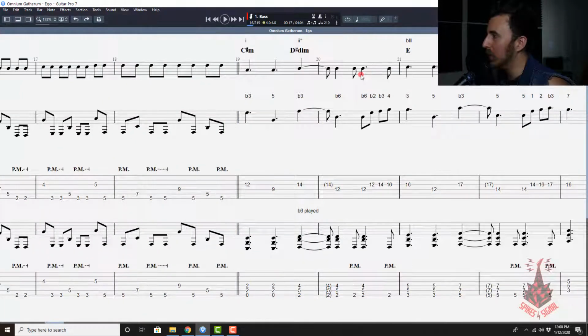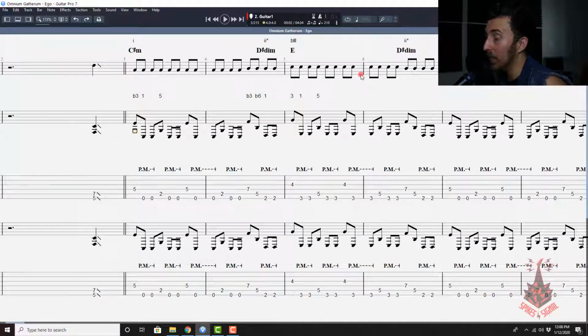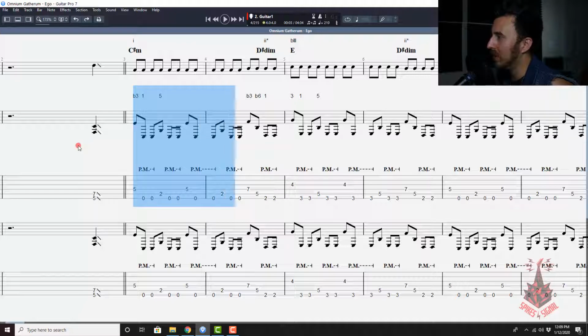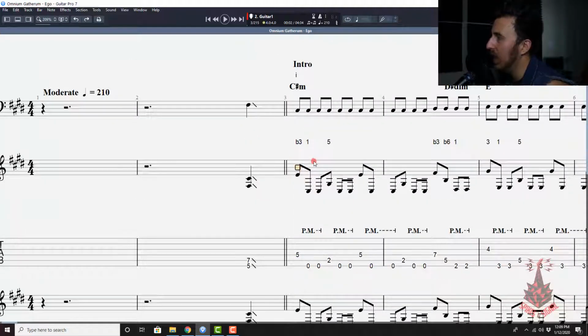But let's go back and talk a little bit more about that initial riff. What Omnium Gatherum is doing in terms of the melody notes, I'm going to call them the non-pedal tones, for example this E right here, this other E, and so on, is basically outlining similar interval movements. We are in C sharp minor implication to about here. Within that, they're jumping back and forth between the flat 3 as a melody note, and I'm going to zoom in here so we can see this, to a 1, which is the pedal tones, up to a 5, and basically just repeating those movements back and forth until doing something similar